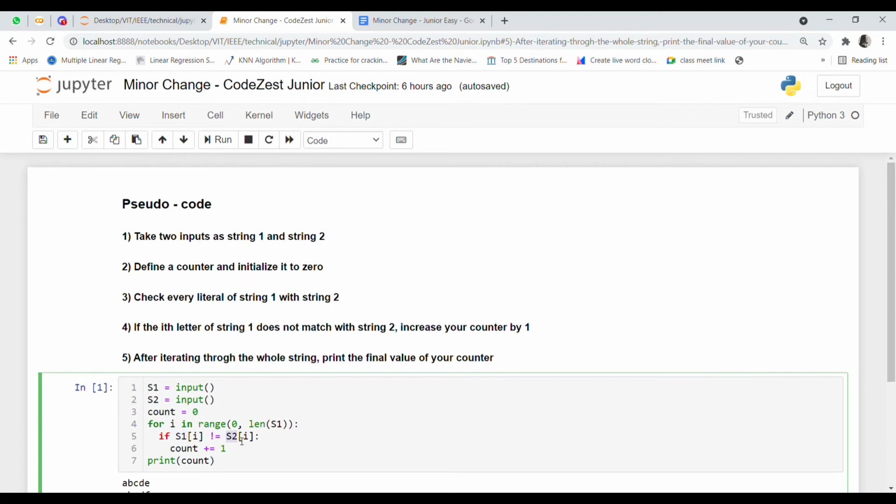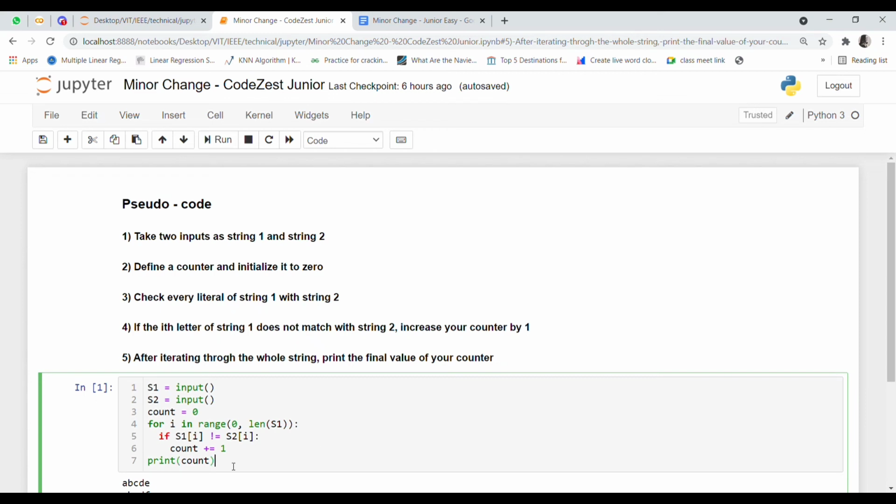If the literal at position i of S1 is not equal to the literal at position i of S2, then our counter is increased by 1. After the loop has iterated through all the positions of string 1, it comes out of the loop and prints the final value of the counter.